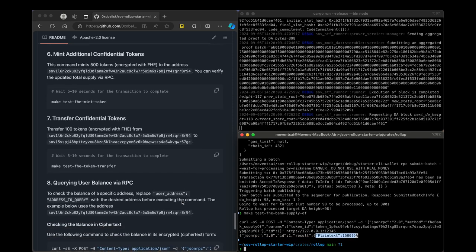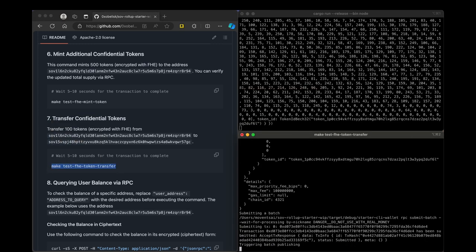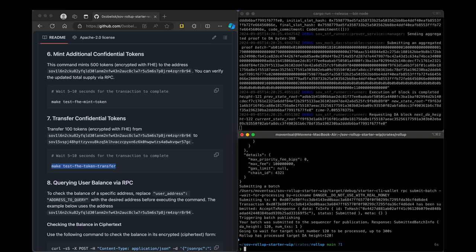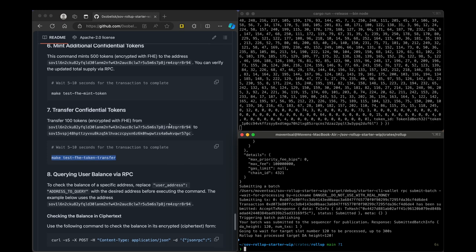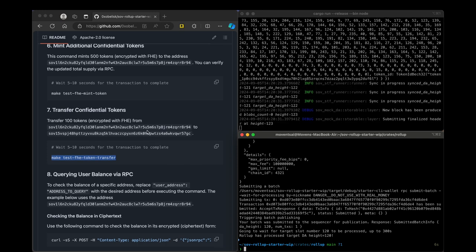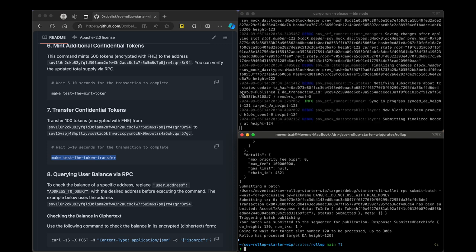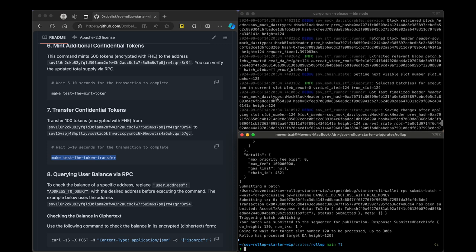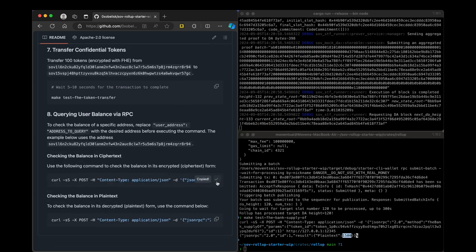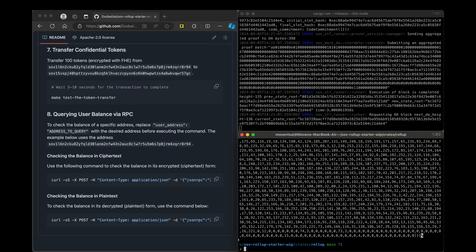Okay, so last but not least, let's check the transfer functionalities of the confidential token. So this command will transfer 100 confidential tokens, in an encrypted amount, from this address to this address. The user balance of the original address will decrease by 100. So that's requested in